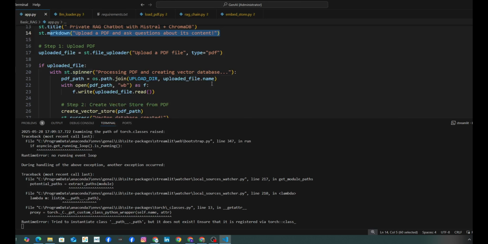Then we have this spinner. Basically it will show you the processing window with the loading sign, right? And behind the scenes it is taking the path of the PDF and then opening the PDF and reading it. So we are using this f.write uploaded file.read, right?